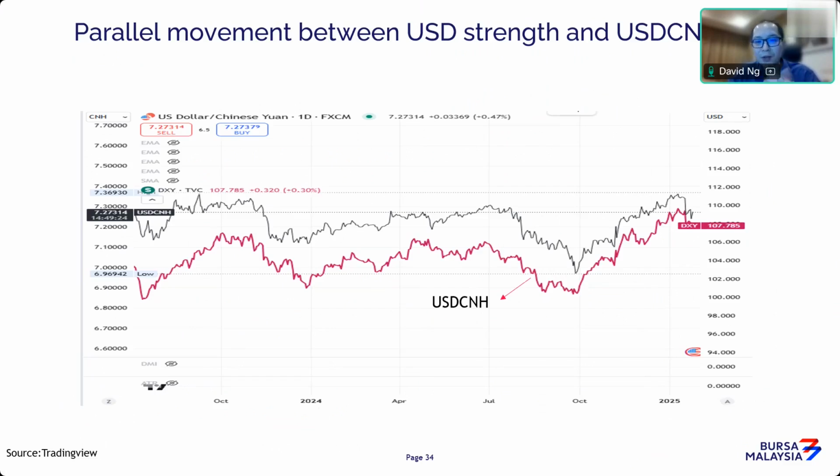Now, if you just look at a currency pair, the USD CNH, which is highlighted in red, and compare it with the US dollar, the DXY or dollar index, you can see there's quite a close parallel. Whenever the US dollar strengthens, the Chinese currency will weaken, and vice versa. Obviously, there's a bit of dislocation in recent times. You can see both currencies are also getting weaker. But in most times, when the US dollar starts to strengthen, you can see the Chinese currency get